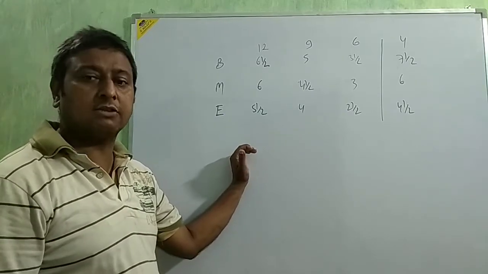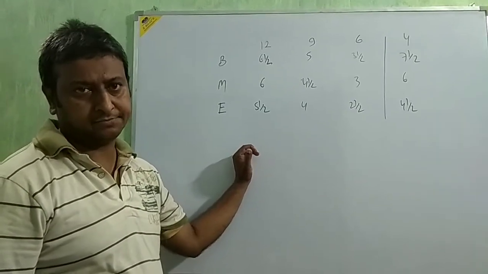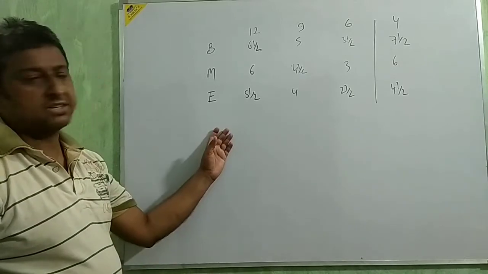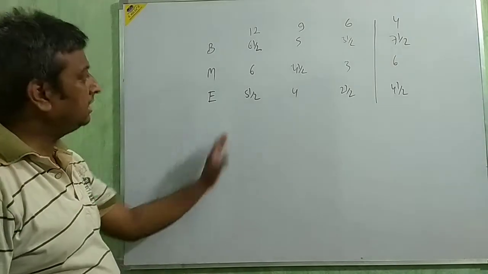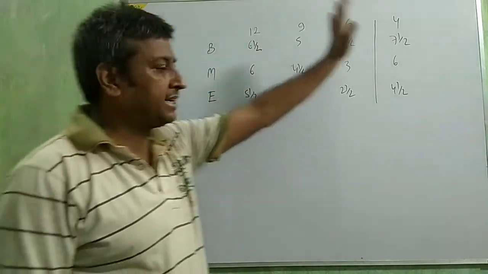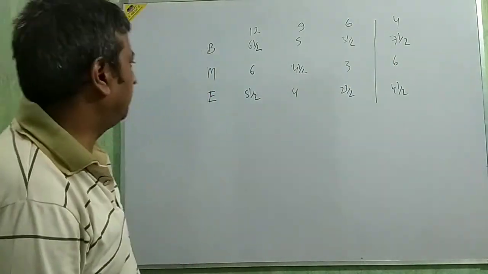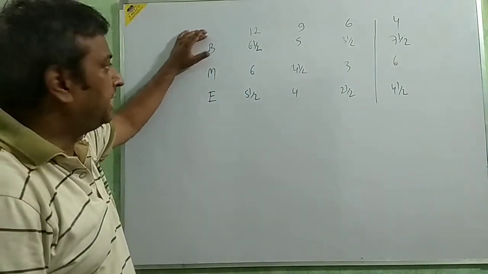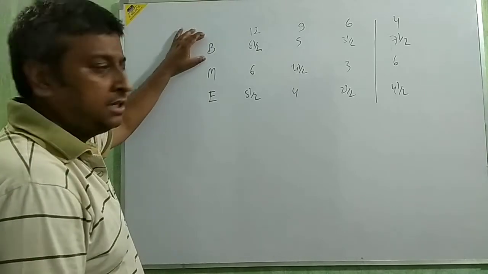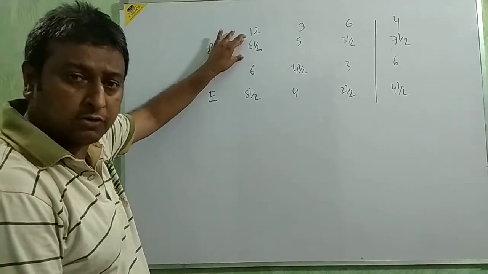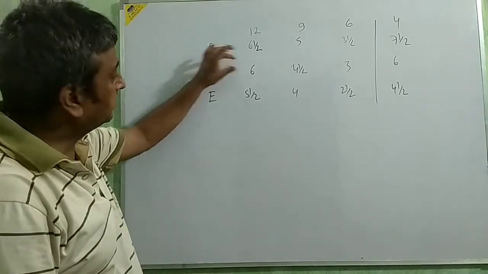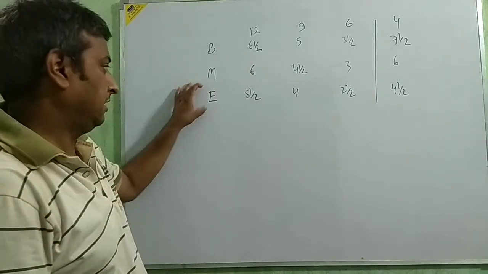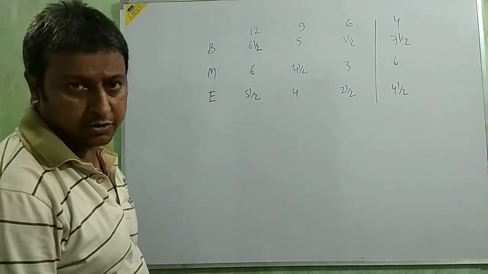On the basis of this table, we are going to calculate interest on drawing. Okay? And I will explain with the formula. It's one table. For 12 months regularly at the beginning, 6.5 months we are going to calculate. Mid, 6 months we are going to calculate. End, 5.5 months we are going to calculate.